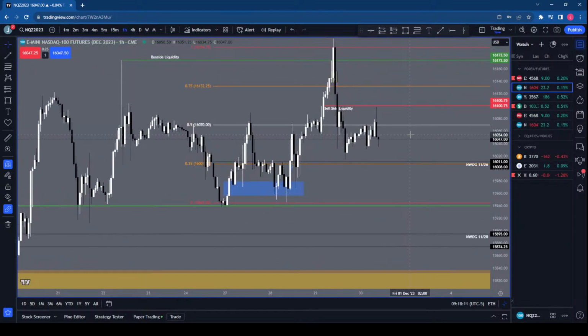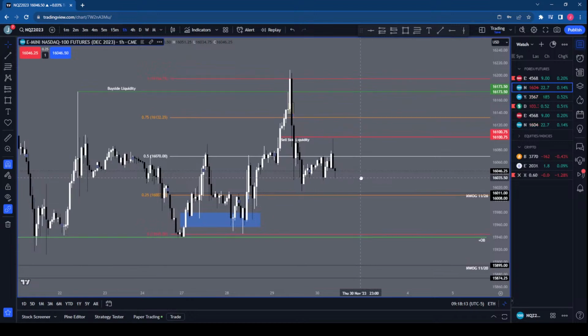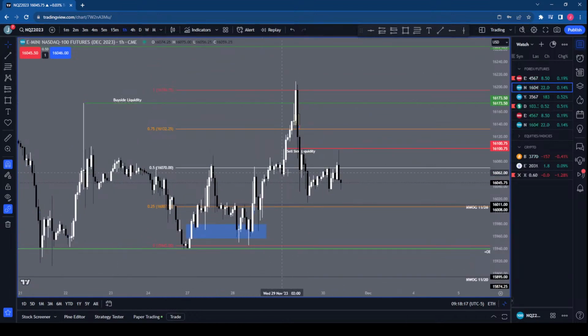Go down to the 1 hour on NASDAQ. As you can see, we're still range bound, so we're gonna have to really flex our discipline and patience muscles because we are still in this range